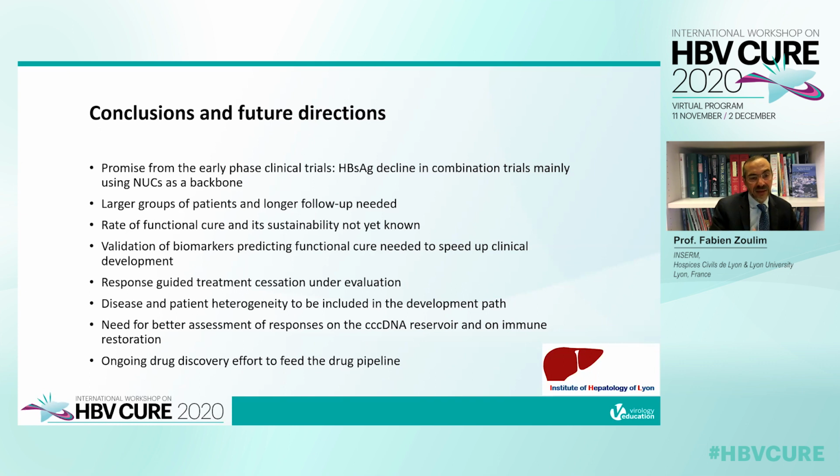As I said, disease and patient heterogeneity will need to be considered in the development path of these combination studies, as well as the need for better assessment of responses on the cccDNA reservoir and the immune restoration. We should also support ongoing drug discovery efforts to feed the drug pipeline that will be needed to have improved